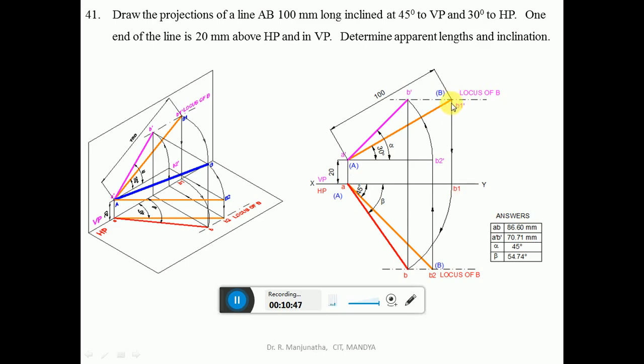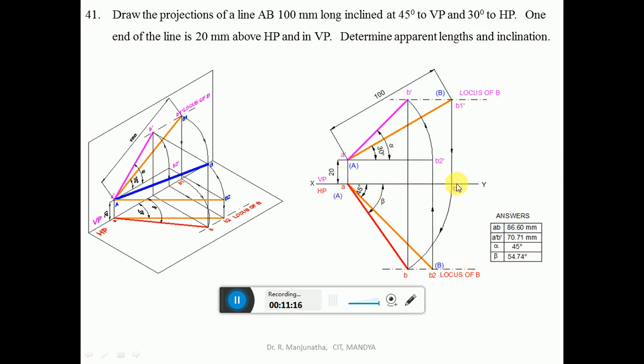So you project from B1 dash to the XY line and mark this point as B1. Then now AB1 is parallel to VP. AB1 is parallel to VP, therefore we are getting the true length here. But actually, due to the presence of the true length of the line which is also inclined to VP, B1 will not be on VP, but instead B1 will be in front of VP by this distance, such that the length of the AB1 is not going to be altered.